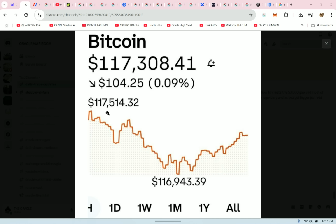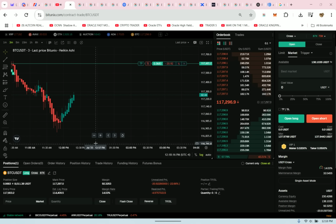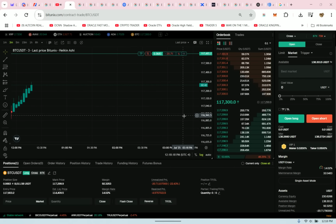So look what happened. It dropped. But now what's happening? It's only a 1 hour chart. It's coming back up. Remember the 17 broke for a second? You have all day. Now you have learned how to trade with Zen. Guys, let me show you. Forget everything. You know the liquidation points, right? Look,